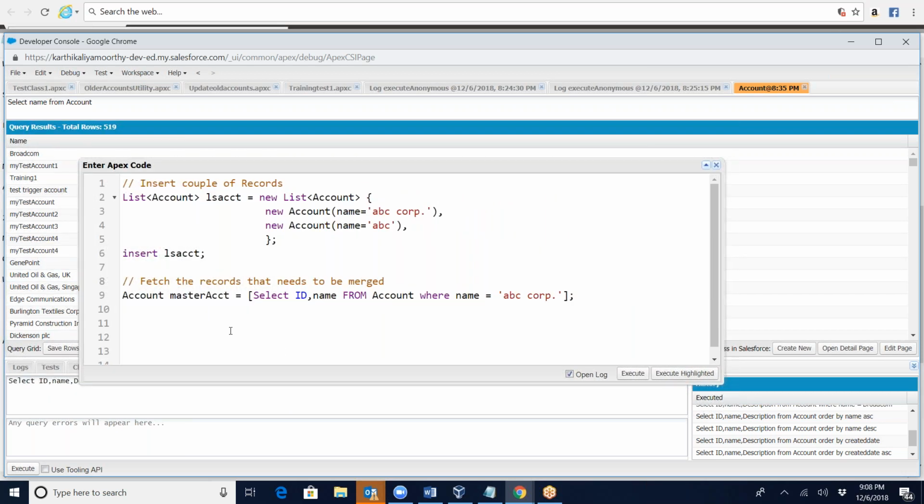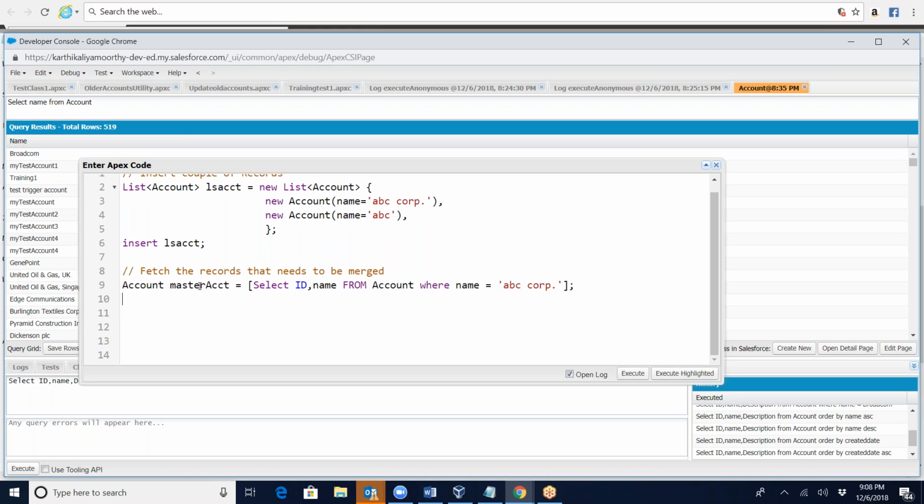All right. We said this is going to be the master record, and then I'm going to see what the record is that needs to be merged. I'd say to be merged account, right? And this is just the ABC. I don't want the ABC Corp. So I want this ABC to merge into this ABC Corp. All right. Now,